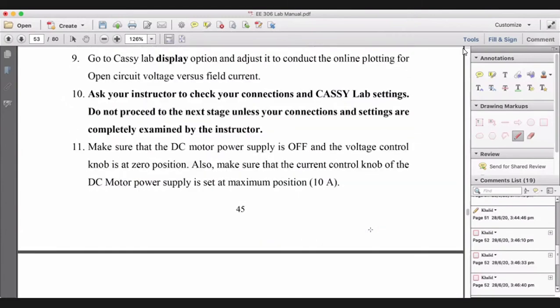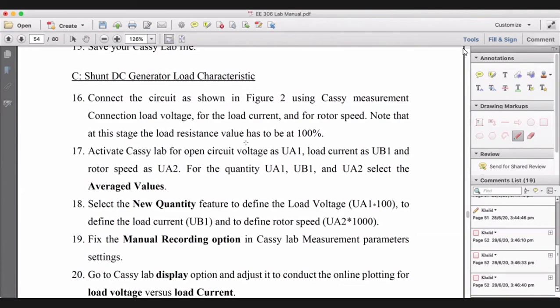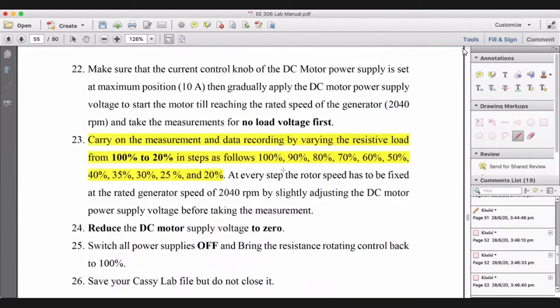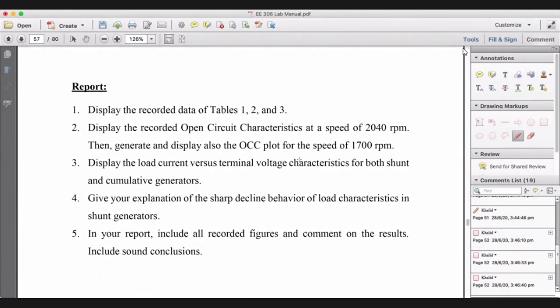So now you can understand what the actual experiment is, and we will discuss the characteristics of the shunt generator and also the cumulative compound generator. So we have two types of generator today, gentlemen. One is the cumulative compound generator, one is the shunt generator, and inshallah we'll prove the terminal characteristics of the generator. It is not a very long experiment, a very simple experiment. We'll produce the voltage, then inshallah we'll prove the characteristics, initially the production characteristics, and also we'll show you the terminal characteristics, which is the variation of voltage with load.